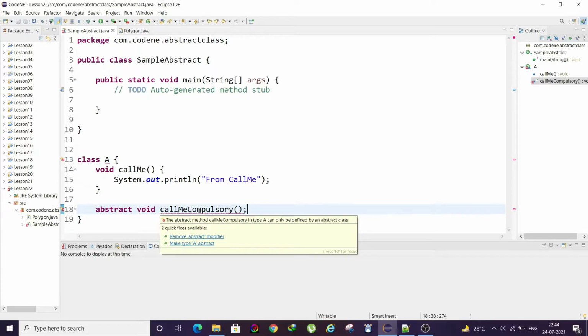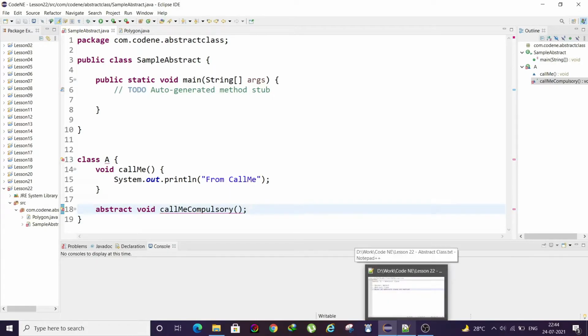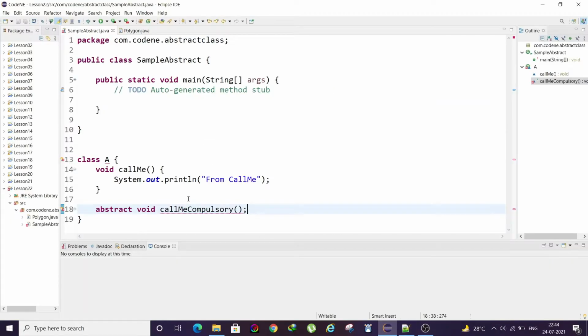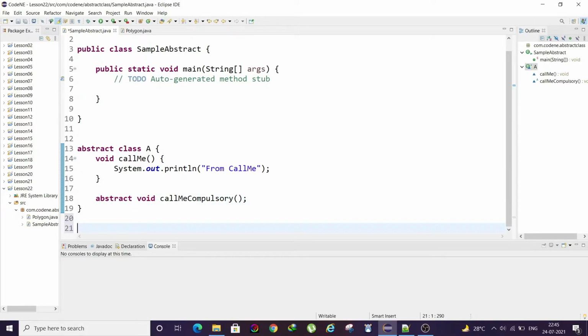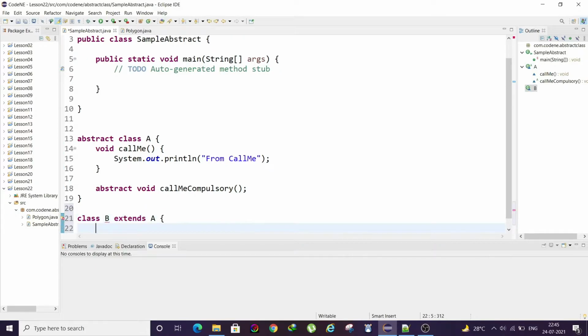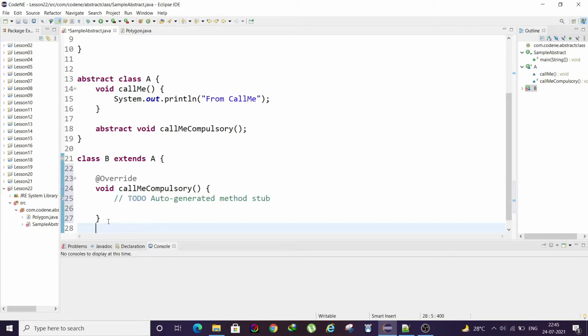Okay, so that actually brings us to our second subtopic, that is abstract class. Whenever you call a method abstract, that means you have to call the class as abstract as well, right? So now it is not throwing any error. So let's say I have another class, it extends A, and see, immediately it will start throwing error. Why is that? So when I click on add unimplemented method, it will add this.